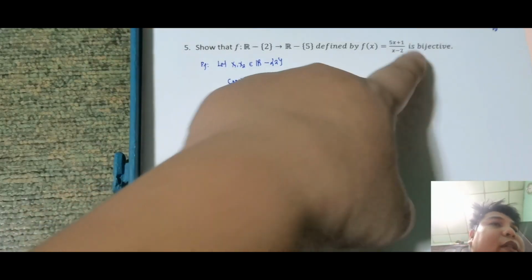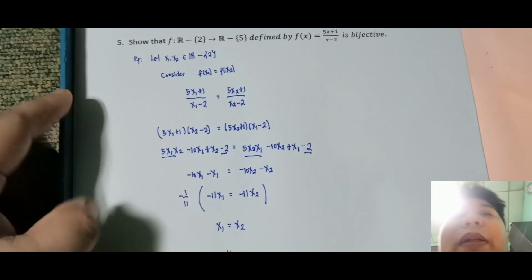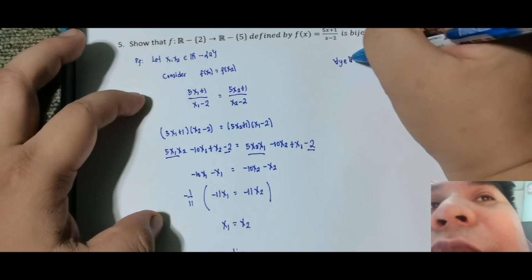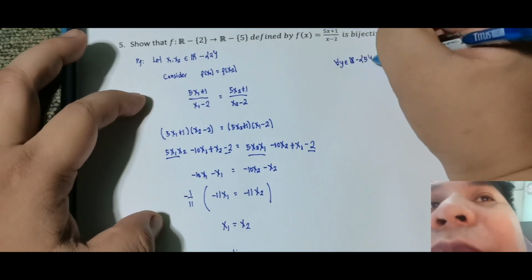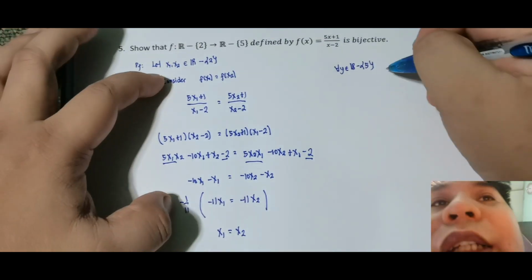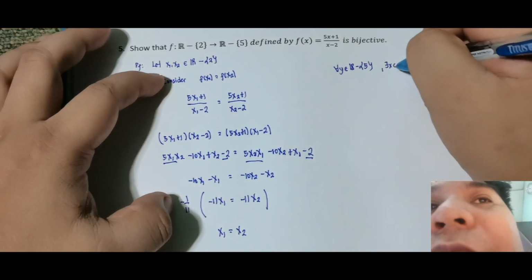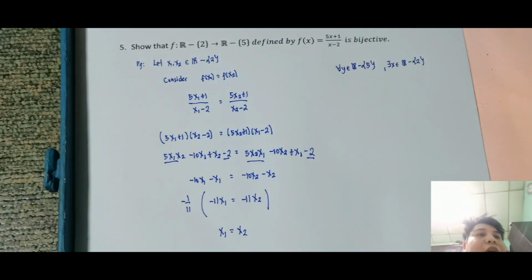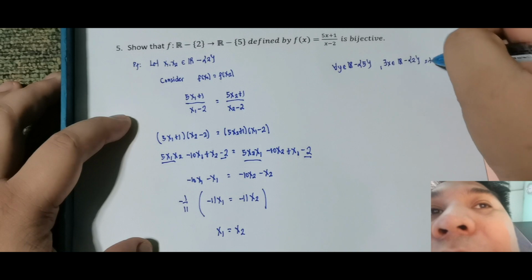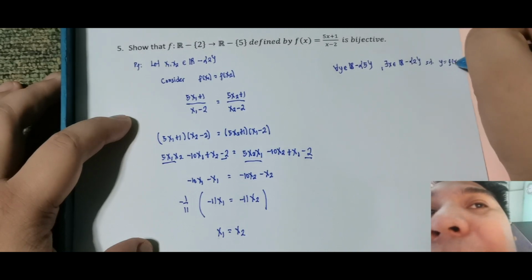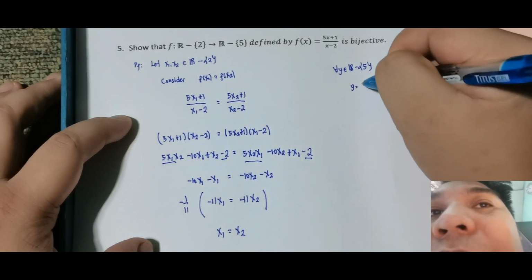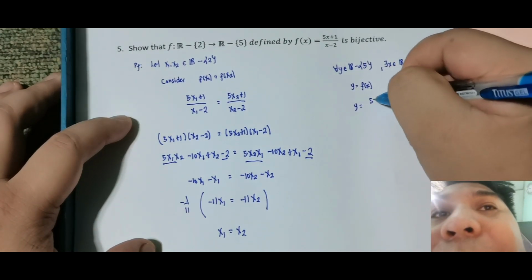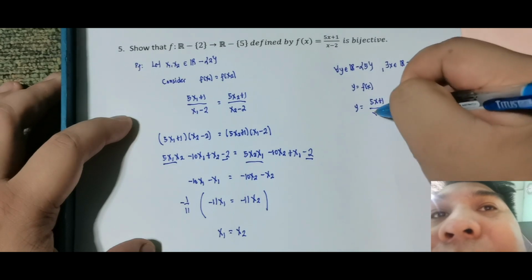Okay, saan ba 'to injective? Kasi bijective yung terminology na ginagamit. Then for all y element ng real number not including 5, there exists x element ng real number not including 2, such that y is equal to f of x. So let us consider y is equal to f of x, which is just simply y is equal to (5x plus 1) over (x minus